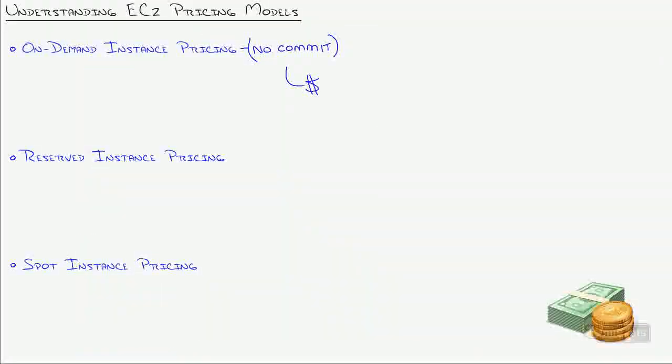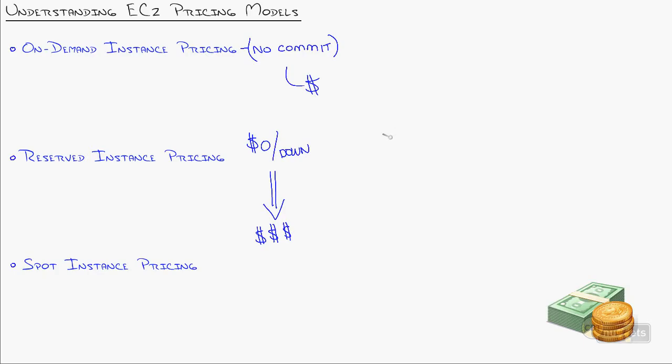Okay, let's get a little more complex. Reserved instance pricing. Have you ever purchased a house or a car or something really expensive that you didn't have the cash for, so you financed it through a bank? Well, a lot of banks, until the recent economic times, would allow you to do something like a no money down. So you could buy that house or that car or whatever expensive item you're looking at, a horse, and pay nothing. But in the end, the drawback of putting no money down is that you end up paying more money for the item when it's said and done, because over time the interest accumulates, and voila, you have a larger end of the road payment than you do at the beginning.